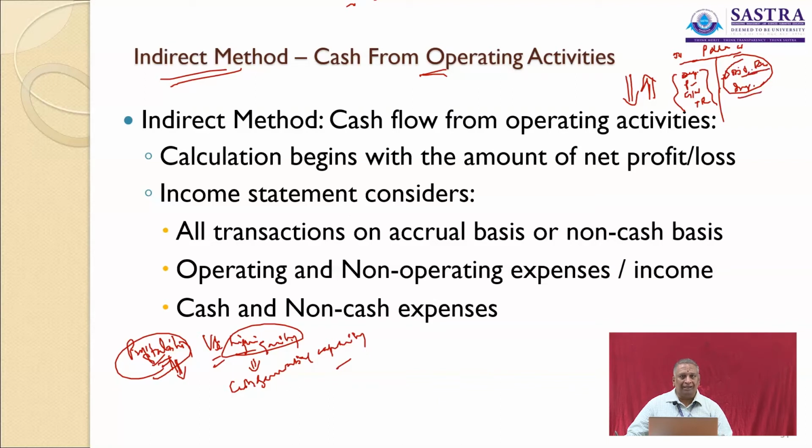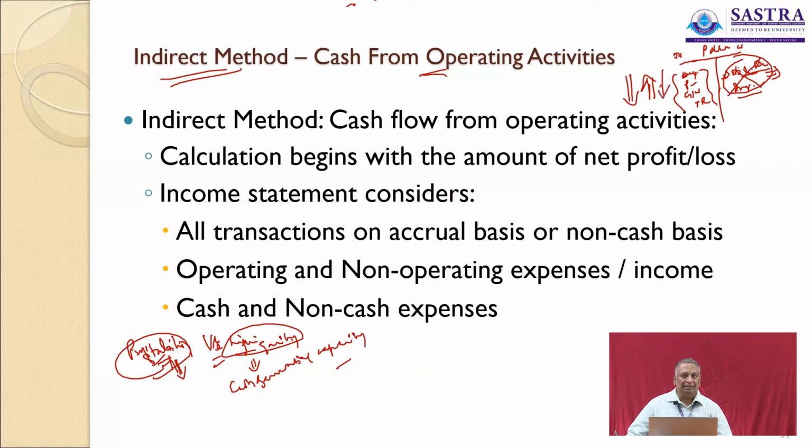because dividend income and interest income are part of your investing activity. Just because you made some investment out of your surplus money, you are in a position to make some income out of it. So this has nothing to do with your operating income or cash generated from operating activity. Such income ought to be excluded. If you remove it, what will happen? Your profit will decline.